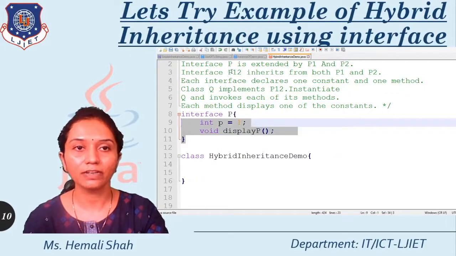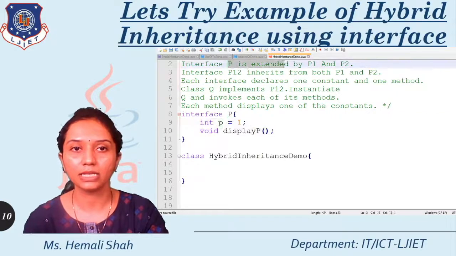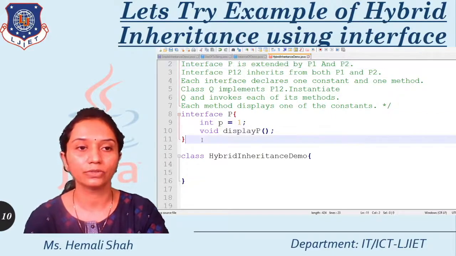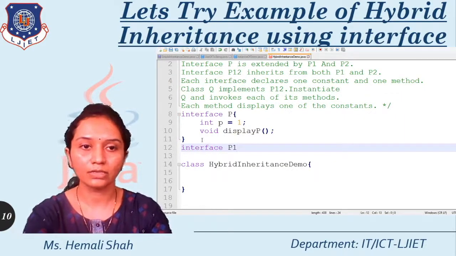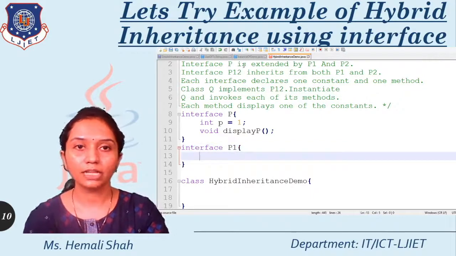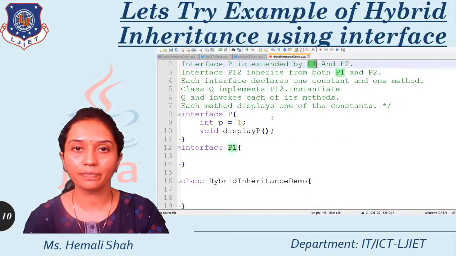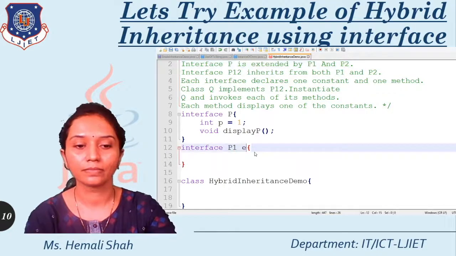Now as per the definition, this p is extended by p1 and p2. That means you have to create more interfaces, p1 and p2. Now p is extended by p1 and p2, that means p1's parent is p.